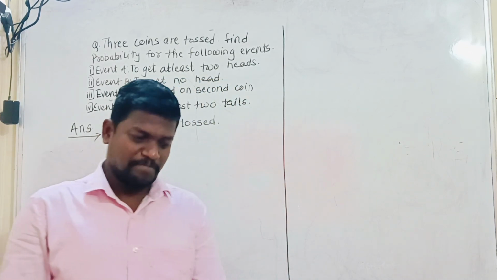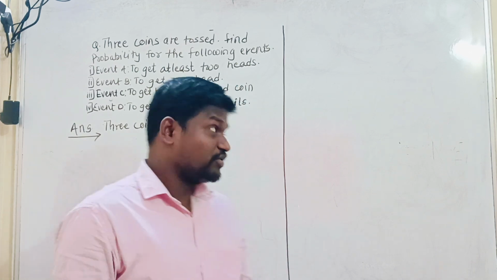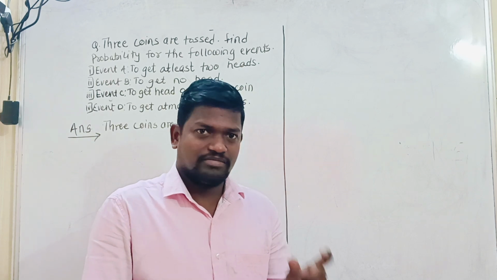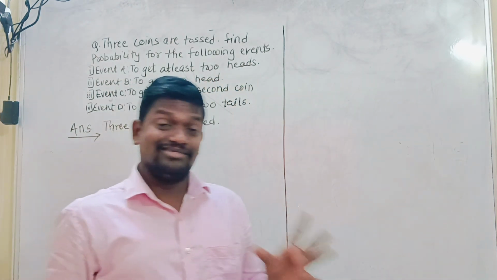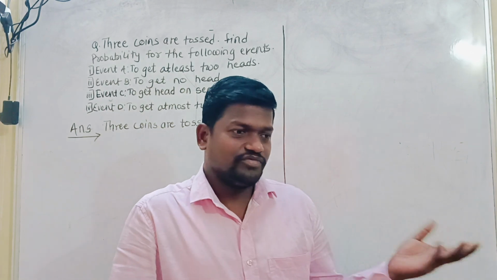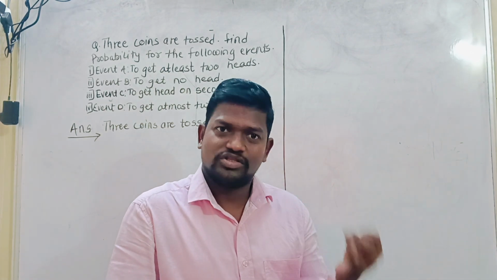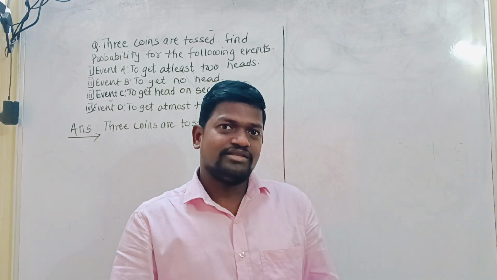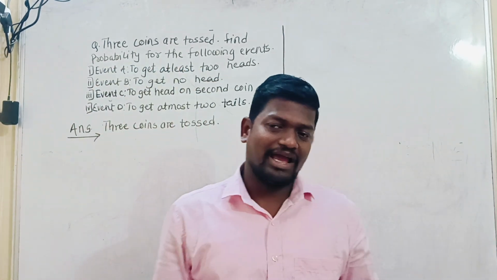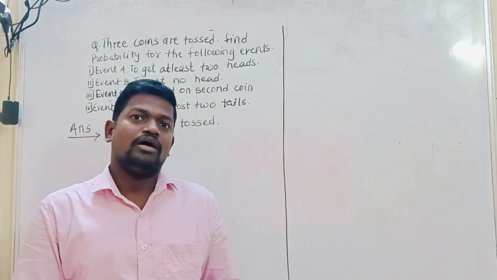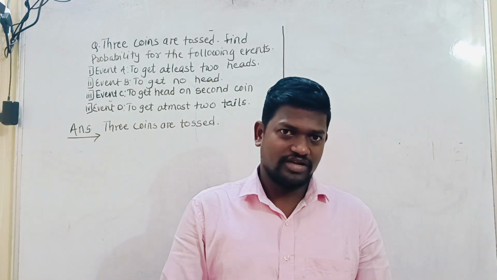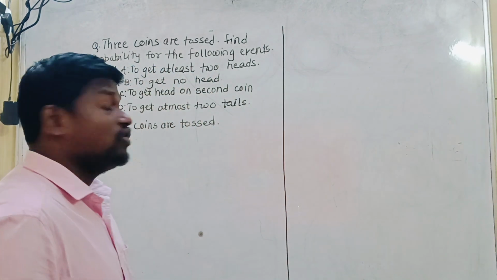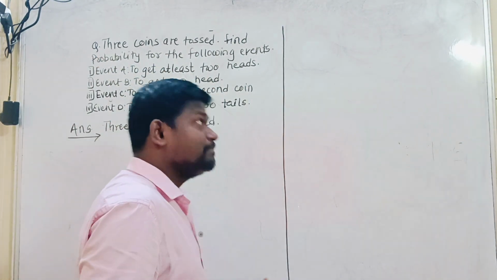Good morning, students. In our last probability lecture, we introduced some important terms. Then we studied what happens if we toss one coin, two coins, or three coins, then one die and two dice rolled, and then we studied playing cards. So we continue our next lecture on the same topic, probability.